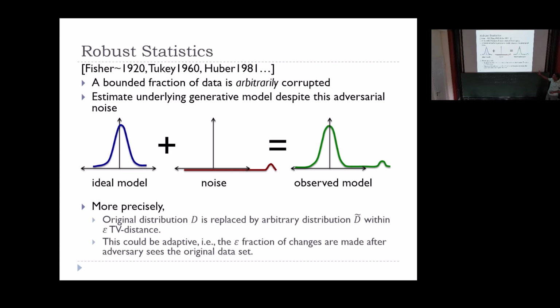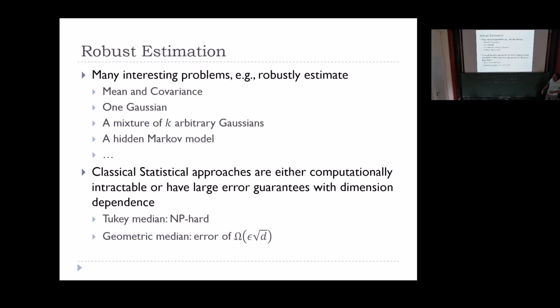So that's the general setting. But you can do this to whatever model your distribution is being drawn from. So, you could ask to estimate the mean or the covariance or a mixture of Gaussians, a classical statistical model, or you're seeing observations from a Markov model and you want to estimate that, and so on. Now, there were, of course, classical approaches proposed by Huber and Tukey and other statisticians, and they turn out to